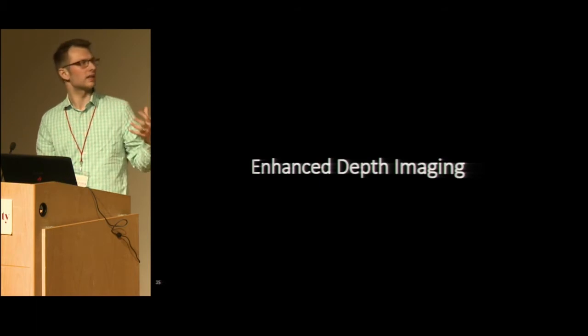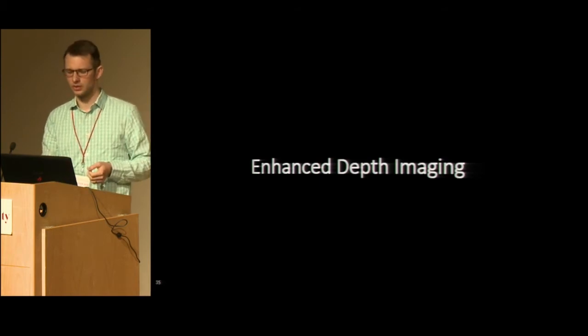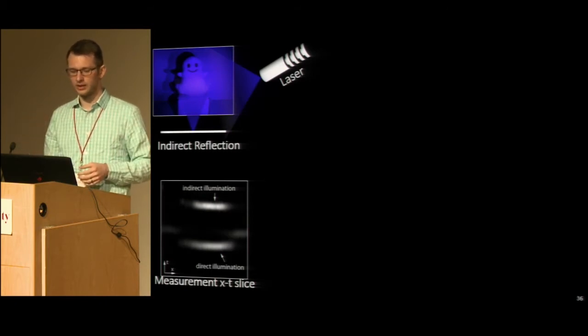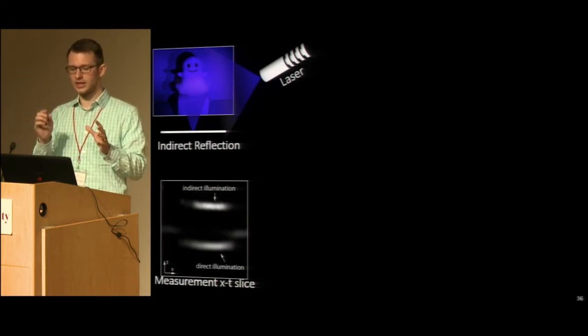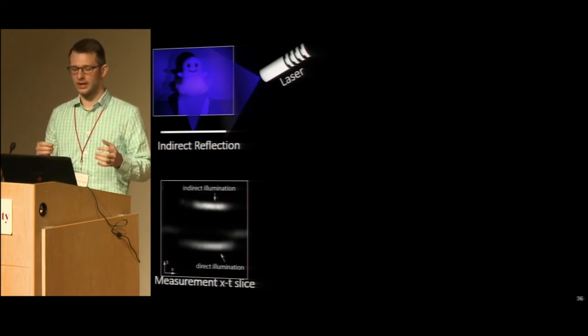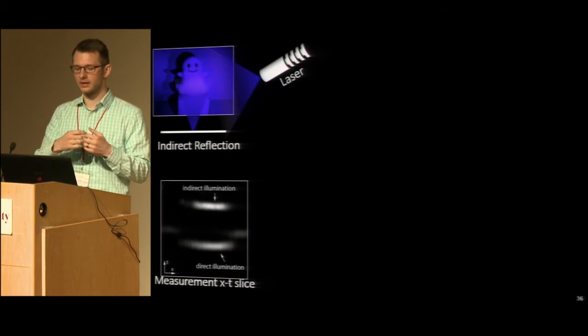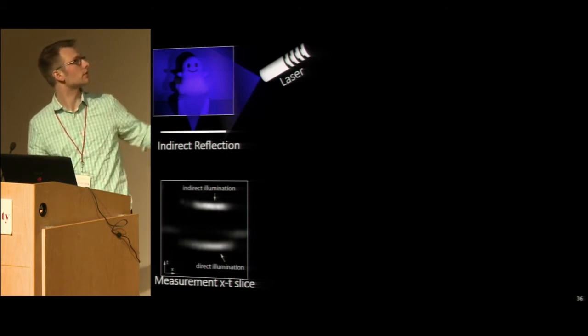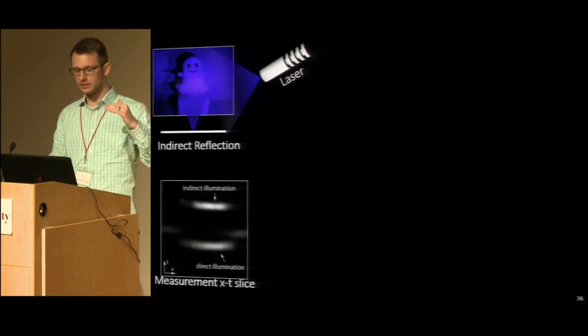And so we can also apply this type of direct-global separation to depth imaging. We wanted to explore the effect of indirect light on 3D imaging. And so we constructed this scene in which we take some light from the laser directly to the scene through a diffuser, and then also along a longer path which reflects indirectly onto the scene. You can see a slice of the measurements shown below where we have a direct component, again, and